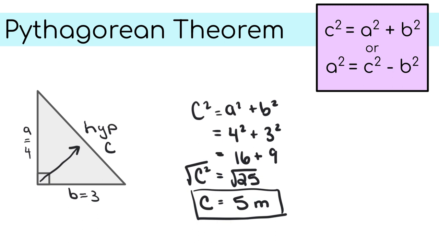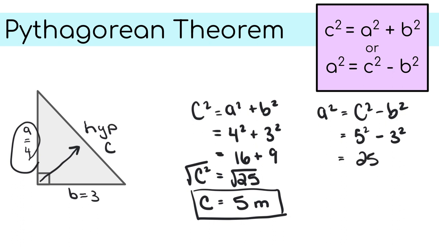To find a short side, we're going to subtract. So it makes sense: when we're finding the hypotenuse, we add, and for a side length, we subtract. So for example, if we were trying to solve for side A over here, we would choose a different formula. We would go A squared, because that's what we're looking for, is equal to C squared minus B squared. Fill in what we know. So in this case, we know 5 squared minus 3 squared,